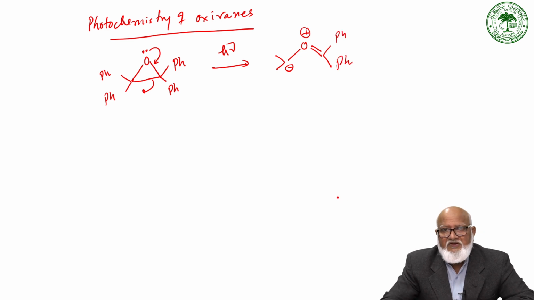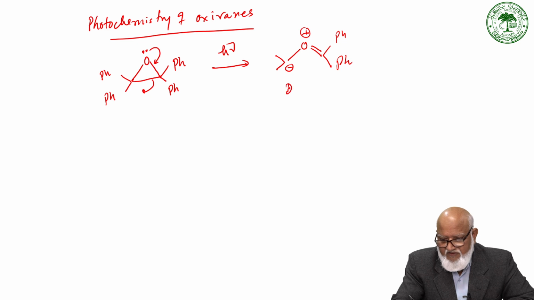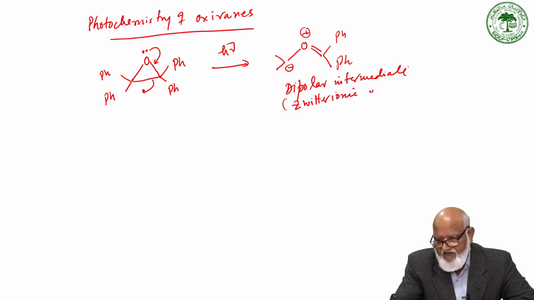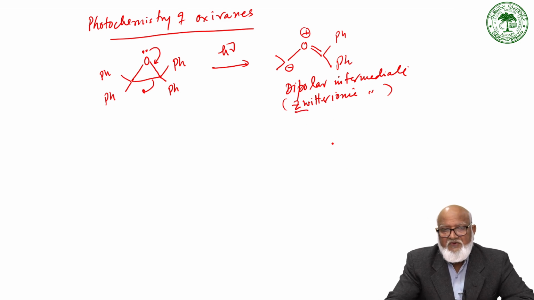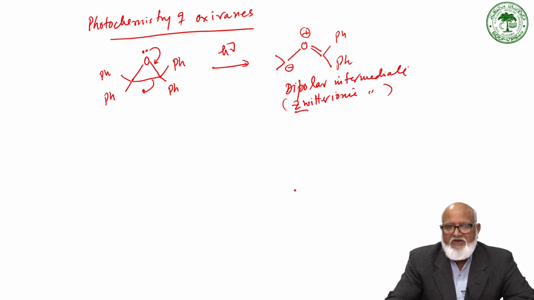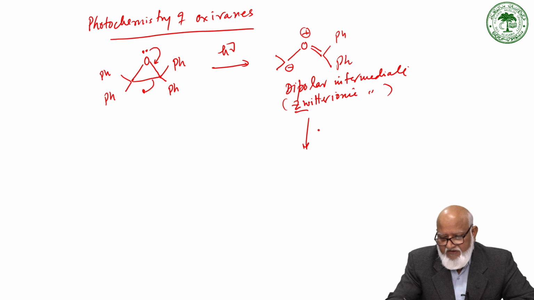So this is a dipolar intermediate, also called a carbonyl ylide intermediate. This intermediate has been exploited to act in a 3+2 cycloaddition with a dipolarophile,